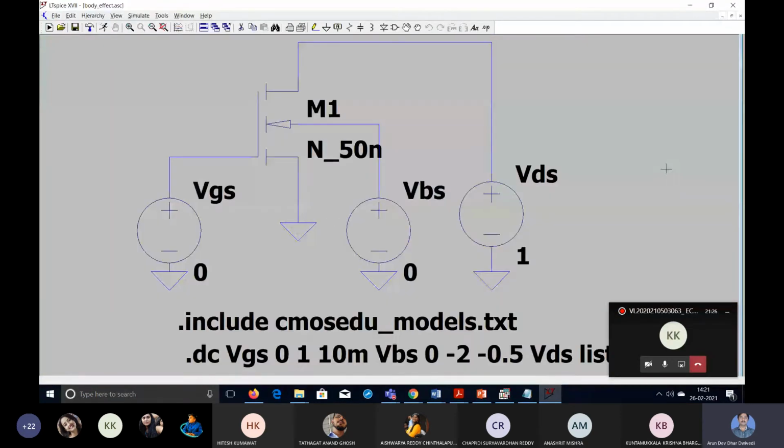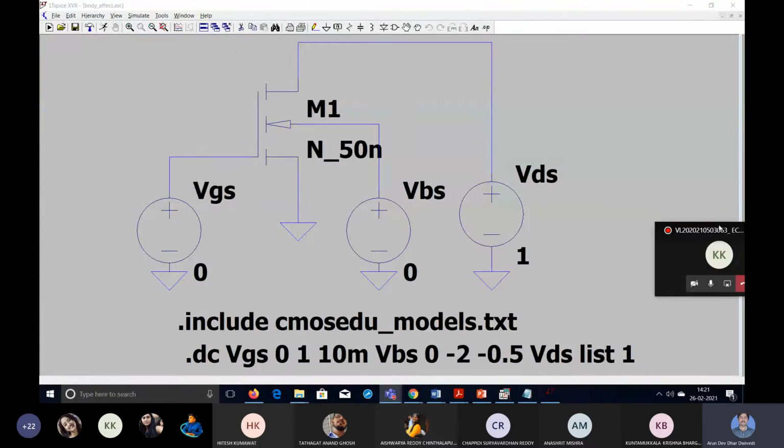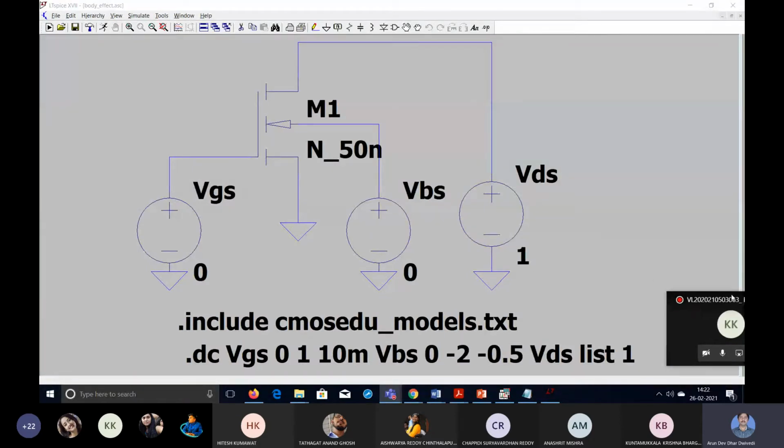This is the circuit. And previously in all experiments we were connecting this. This is the N channel MOSFET. We were connecting this body to the source of the N channel MOSFET, and then it is grounded. So basically, no effect of the body was coming because the body was already grounded through the source. But in this one, we are disconnecting it from the source and we are giving some voltage to the body by connecting this voltage source. By default, it is given 0 volt, and this source name is given VBS.